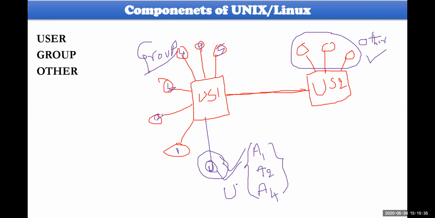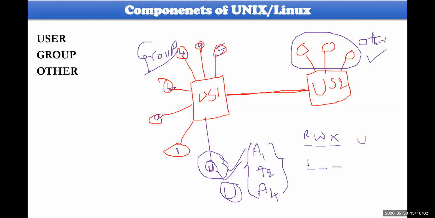If he wants to set the permissions for himself, he may have 3 different types of permissions for every file. That is called read, write, and execute for the user. Similarly, if file A1 will be accessed by any one of these people, 1, 2, 3, 4, 5, who are connected to this particular Unix server 1, they also have 3 extra permissions.